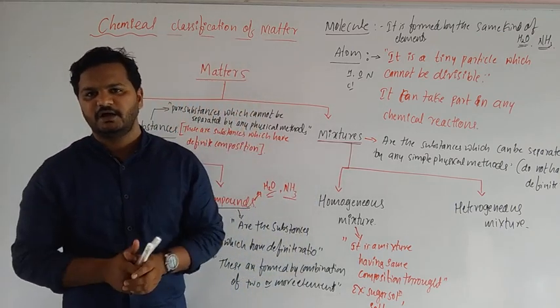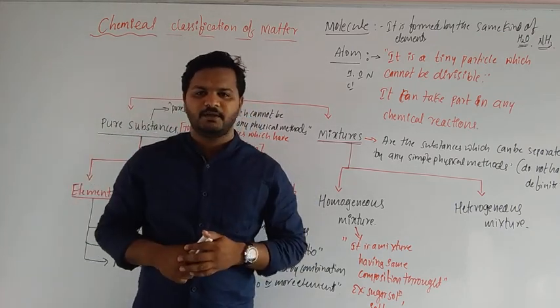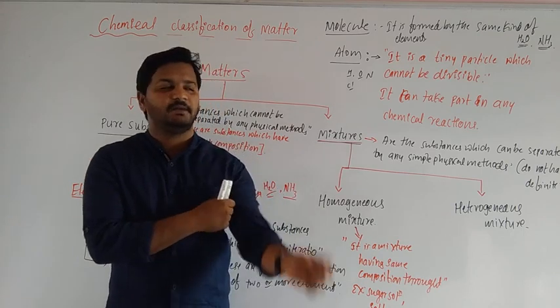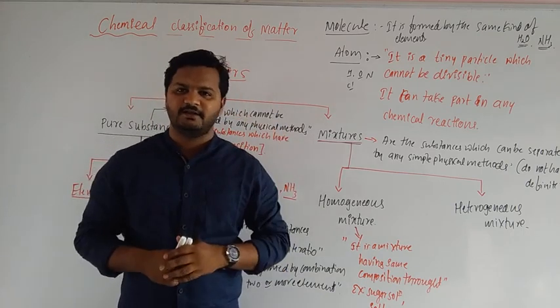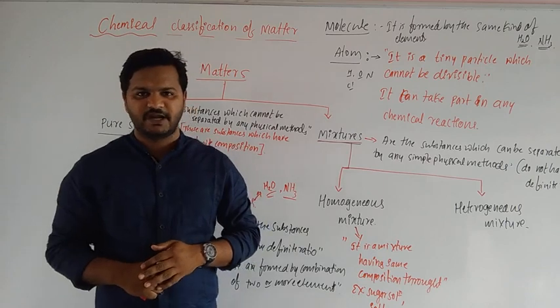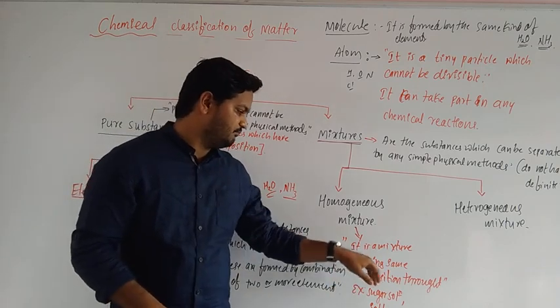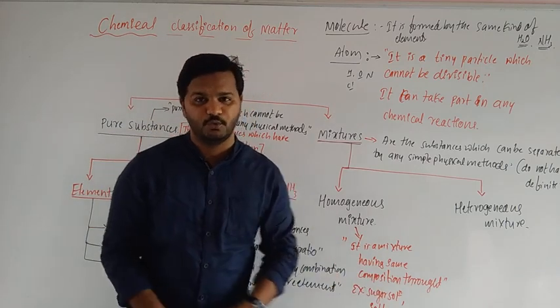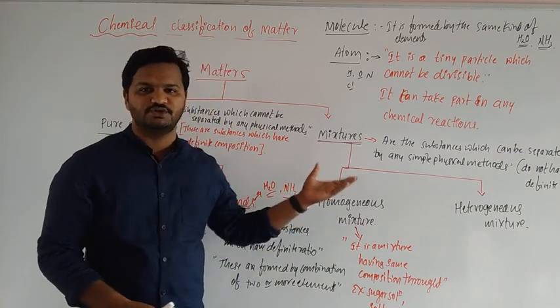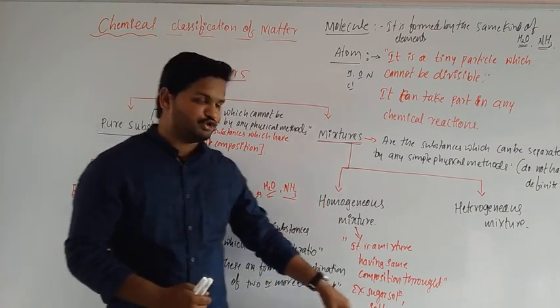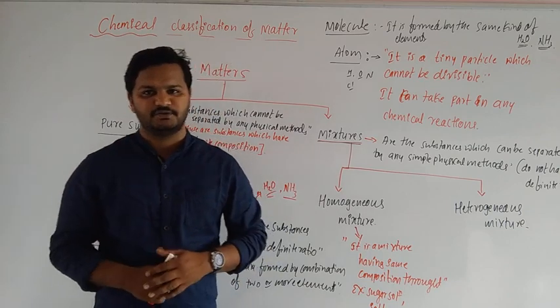Okay students, now after mixing sugar and water and it dissolves, when we look at it, which phase do we see? Only the liquid phase is visible, right? That is why it is a mixture having same composition throughout. It is also called a homogeneous mixture. Example, sugar solution and a salt solution.